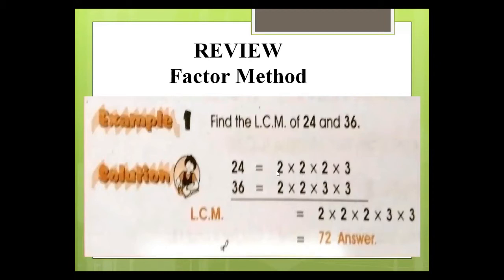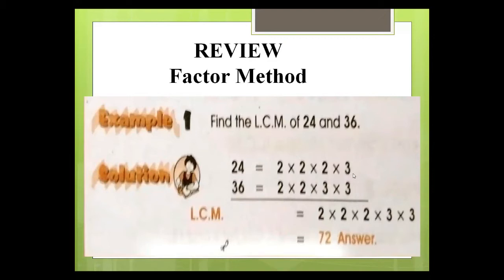So firstly you list out the paired numbers. The numbers which are paired are 2, 2 and this 3, and you take each pair as a single number. So the pair of 2 is considered as a 2, and this pair of 2 is also considered as 2. This 2 doesn't have any pair, so we just take it as it is. So we take it as it is, 2.